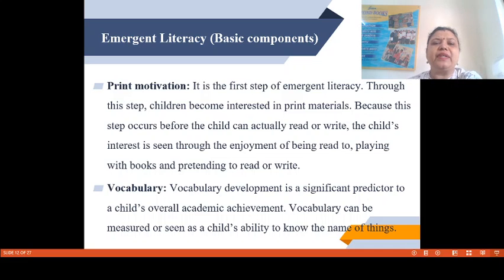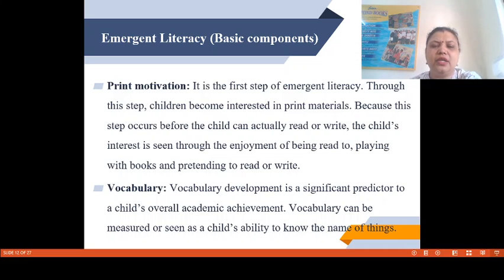Now, emergent literacy has some basic components which are very essential to develop emergent literacy skills. So, what are these components? There are 6 components, and the very first component is print motivation. It is the first step of emergent literacy. Through this step, children become interested in print materials because this step occurs before the child can actually read or write. The child's interest is seen through the enjoyment of being read to and playing with books and pretending to